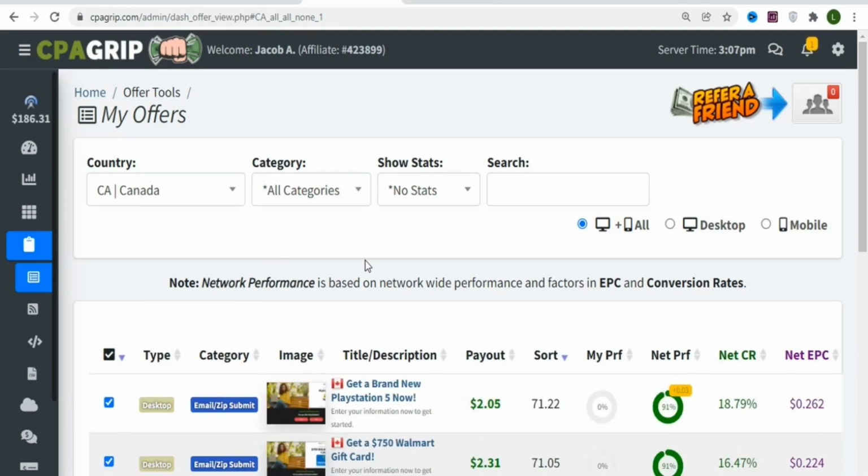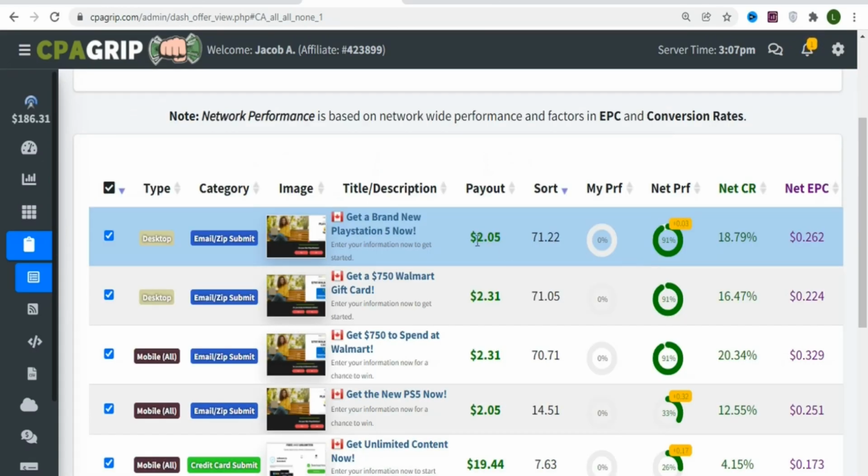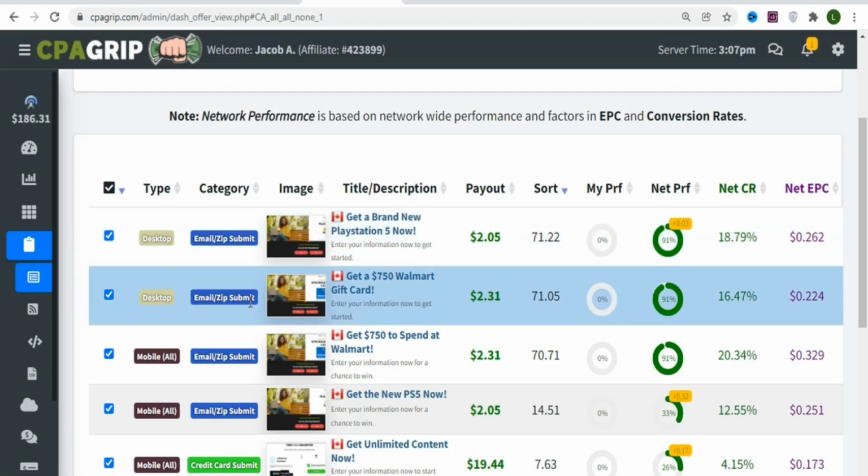Once you search for Canada, you are going to see a page like this. As you can see, these are products that you can promote, and when you promote this product, you don't need to get a sale before you are paid. For example, when you promote this product and you get people to sign up with their email, you are going to earn $2.05. As you can see, there's another one here. You can earn